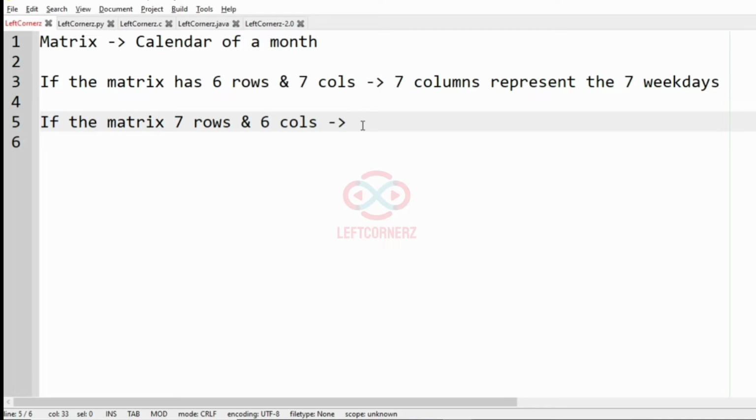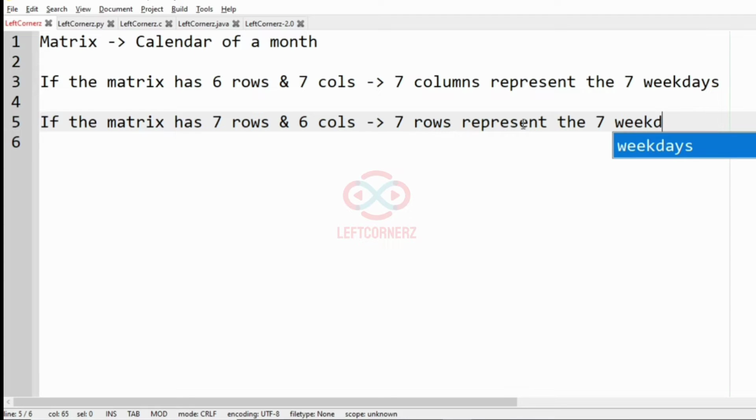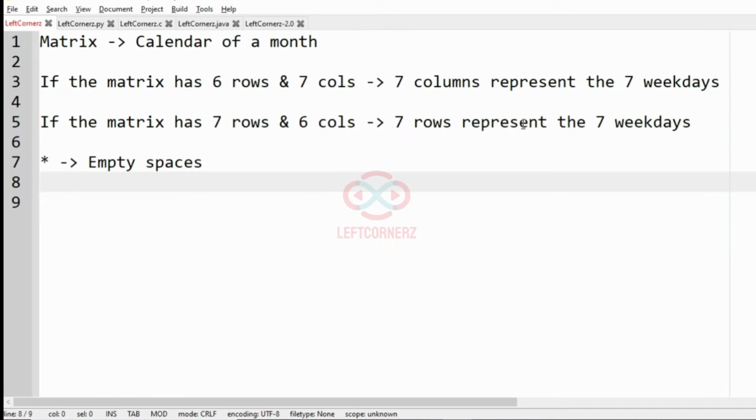then the 7 rows represent the 7 weekdays. So the 7 rows will represent the 7 weekdays. And then the asterisk represents the empty spaces, and an integer represents the dates in the calendar,